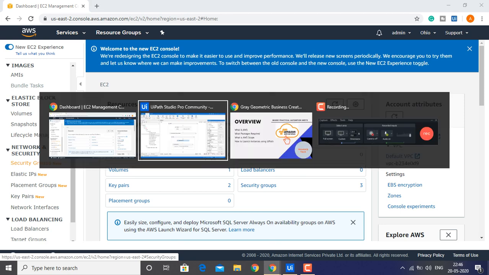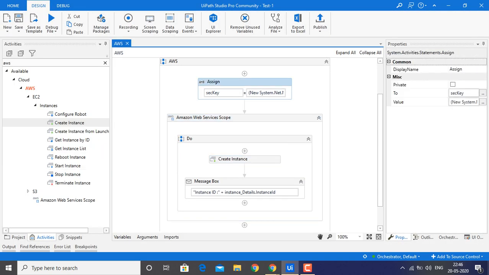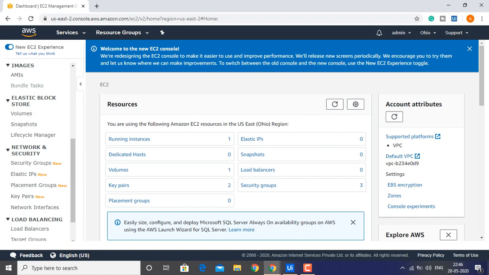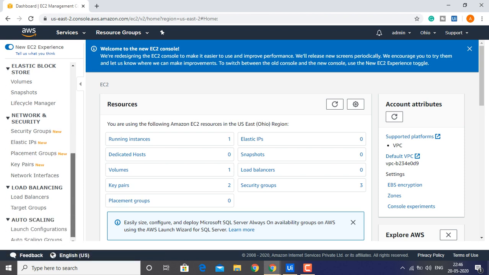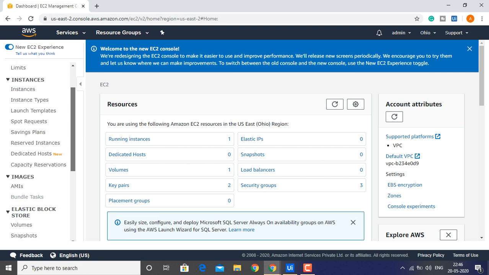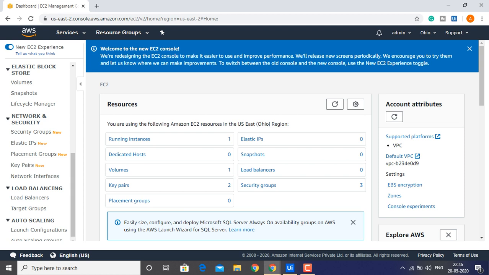Sorry guys, I forgot to show you where we get the secret access key. Here we have to provide the secret access key. Okay guys, no problem, I will show you by the end of this tutorial.